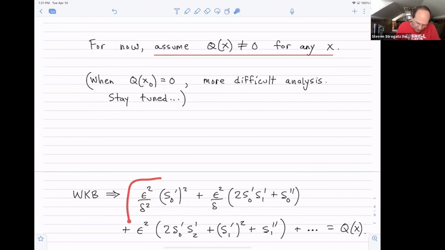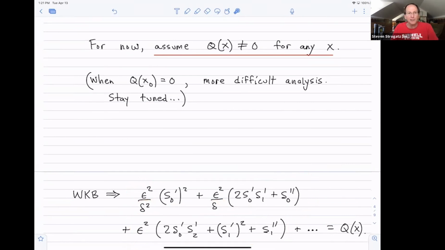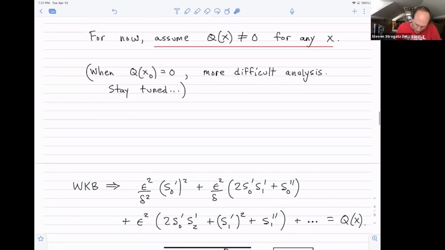So all of this stuff is epsilon squared y double prime, except I've canceled out the exponential term on both sides. Over here, this should be q times y, but y is just that exponential. So the exponential has canceled on both sides, leaving us with this equation for our unknown function S,